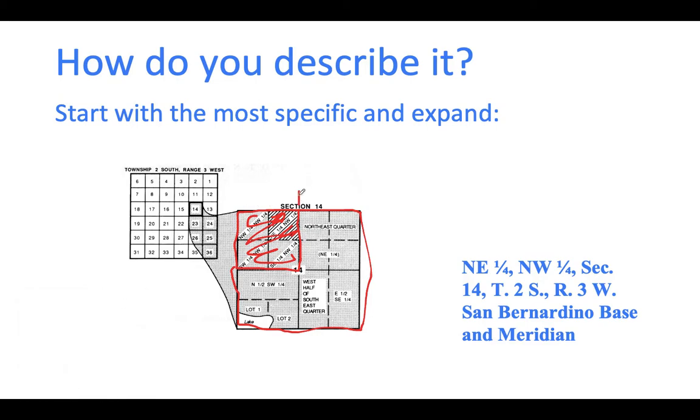So now if we're thinking north is over here, east is here, that means this is west over there. So now we know, okay, this in relation to everything else, it's the northwest quarter, right? That's what we're looking at right here. So the northeast quarter of the northwest quarter, then we're going specific and expanding. So then we say, okay, of section 14, of Township 2 South, Range 3 West,